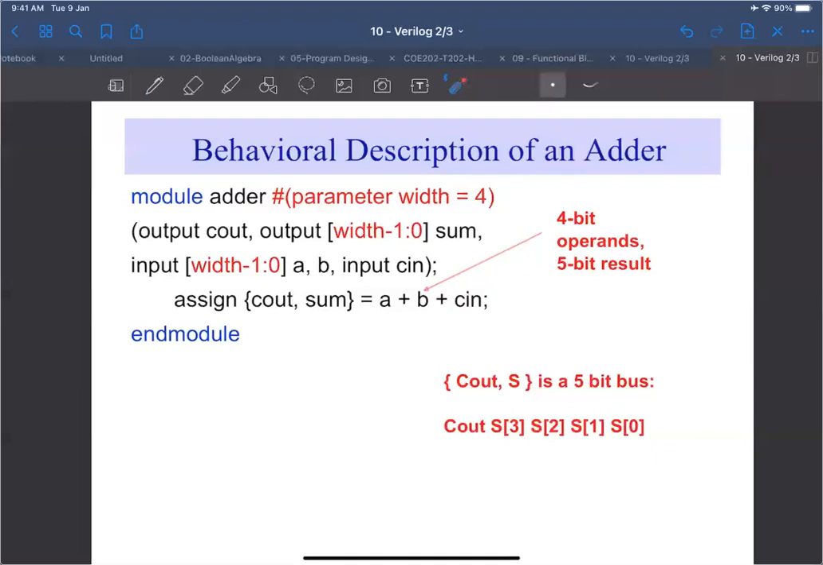Now the output C out is just a single bit. The carry out is always a single bit. Then you have the sum, which is supposed to be width -1 to 0, right? Width -1 to 0. Because I have 4-bit now, if I have 4-bit, then this should be 3 to 0. And then A and B, which are width -1 to 0, and then Cn, which is just